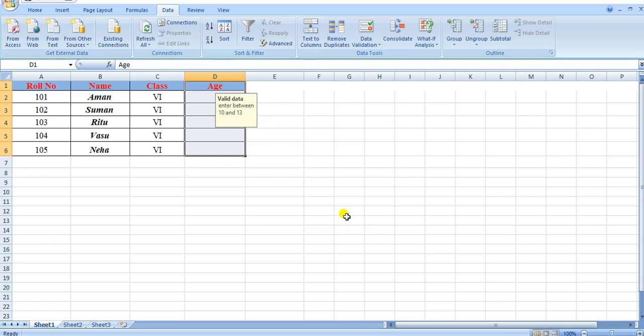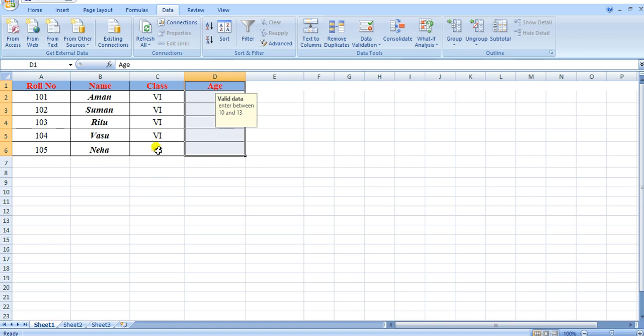Now you will notice that the input message appears in the selected range. It says valid data, enter between 10 to 13. So we have applied data validation for the age field in which data can be entered only between 10 and 13.